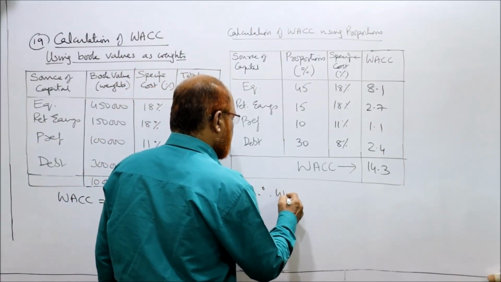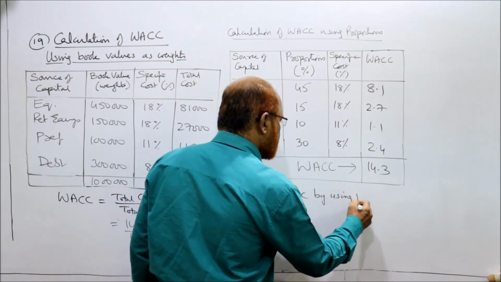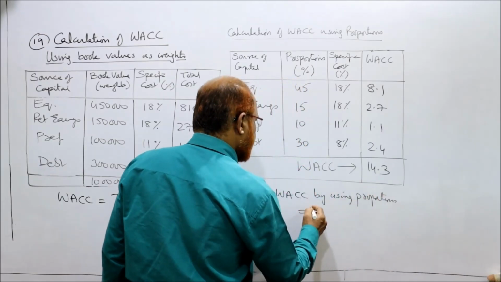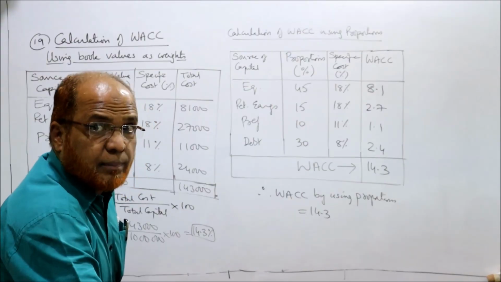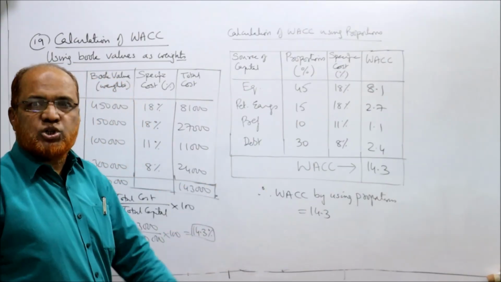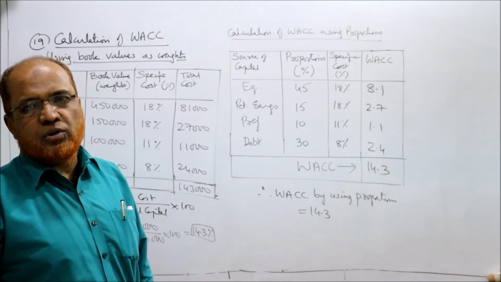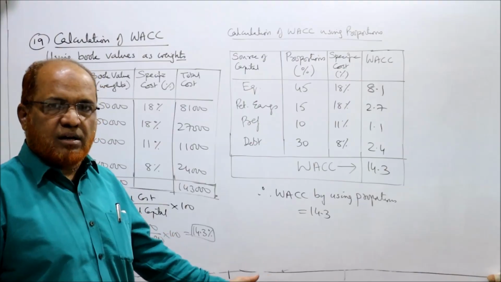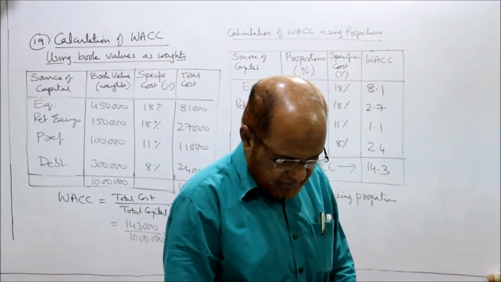Therefore, WACC by using proportions is 14.3%. तो चाहे तो आप अमाउंट से मालूम करो या प्रोपोर्शन से मालूम करो, दोनों में आपको सेम अमाउंट आएगा. देन दोनों का WACC सेम रहेगा. It's your wish whether you take proportions or you take amounts. This is a new point we came across in this